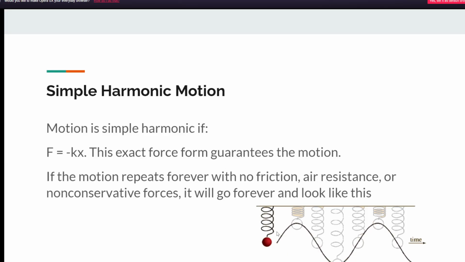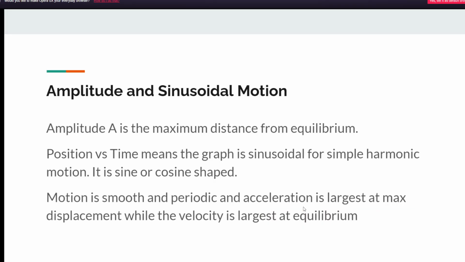So yeah, also we have to hope that the atomic structure of the spring stays the same throughout. So amplitude is the distance, maximum distance from equilibrium. So it'll typically be the equilibrium point from when the spring settles out, which is pretty smart because, again, amplitude would be the highest position